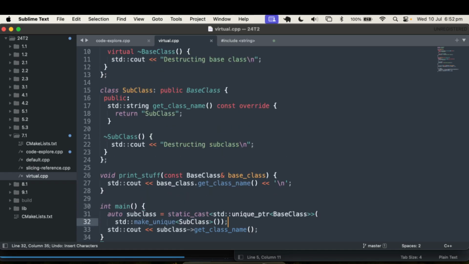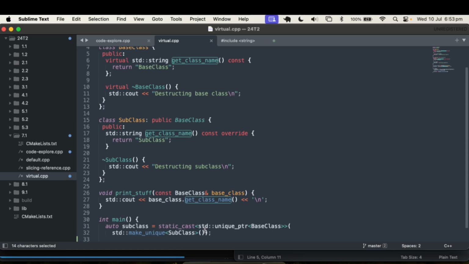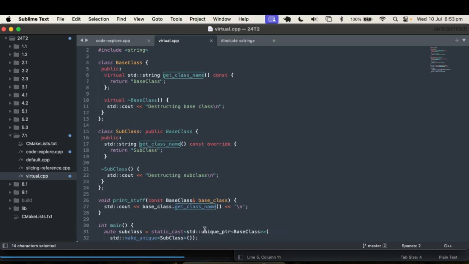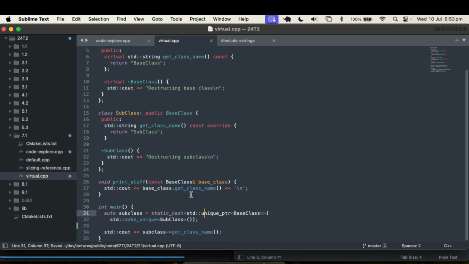Now we have this subclass variable, which is a pointer. It is a base class pointer to a subclass type. Polymorphism's funny like that, because your reference type can be a parent type. And then when I say I want to print out subclass's get class name, what do we expect should happen in this case? My quick reading of the code is that we get a good result, which is that we should print out